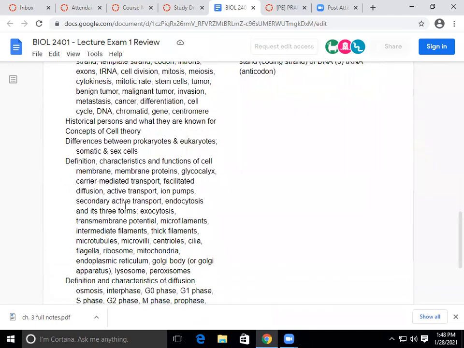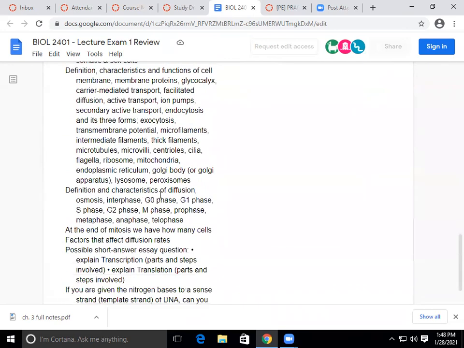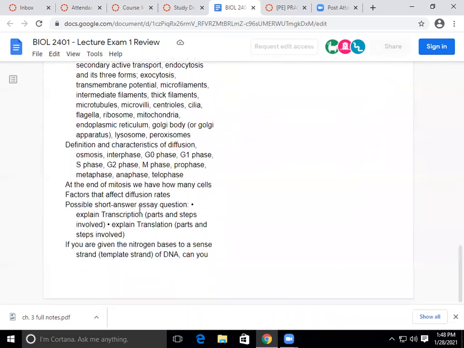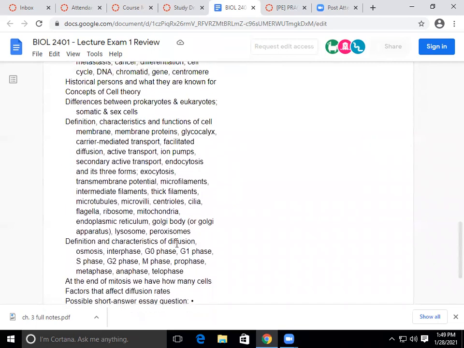definition, characteristics, and functions of parts of the cell membrane, types of transport, diffusion, parts of the cell cycle, how many cells you get at the end of mitosis, factors that affect diffusion rates, explaining transcription and translation. All right, if you're given the nitrogen bases to a sense strand, which is your template strand, and we haven't covered this yet, but we'll cover it in this chapter,